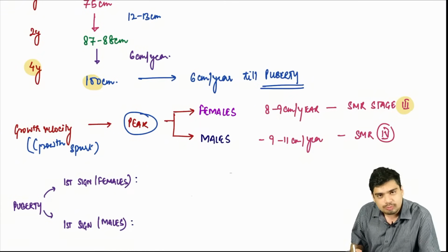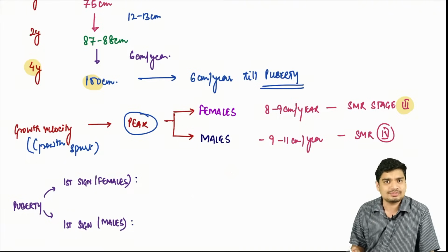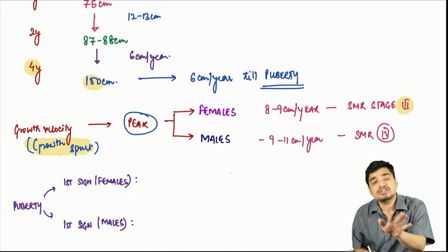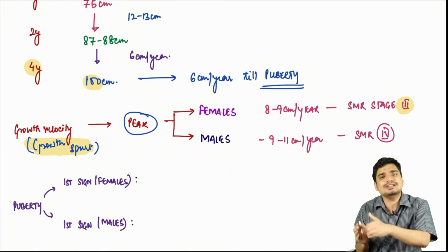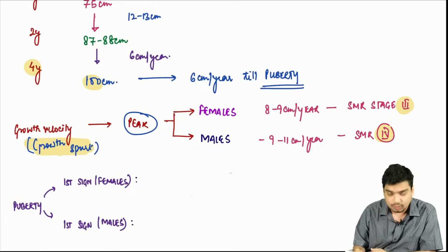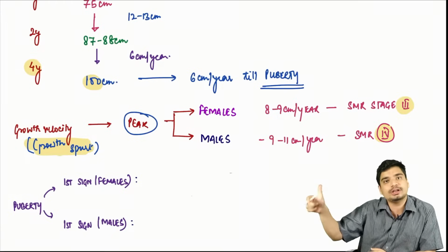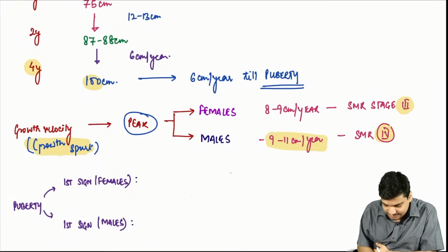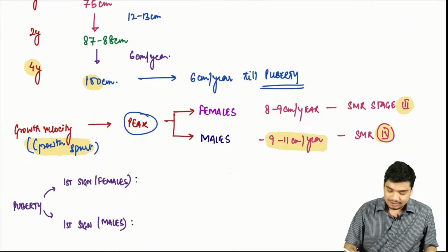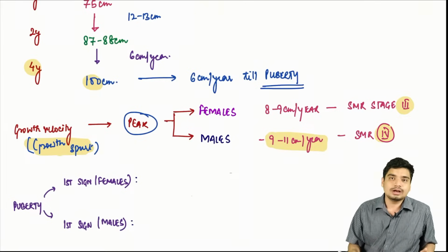Girls have a smaller peak height velocity, which is reflected in the fact that boys are taller than girls. Their peak height velocity during the growth spurt in puberty is what? It is 8 to 9 centimeter, which is achieved when? During SMR stage 3, earlier as compared to boys. While boys achieve it when? They achieve it during their SMR stage 4, and they have a higher growth velocity during their puberty, which is 9 to 11 centimeter per year. And we can just recollect our own puberty and our own 5th, 6th, 7th standard days to corroborate this